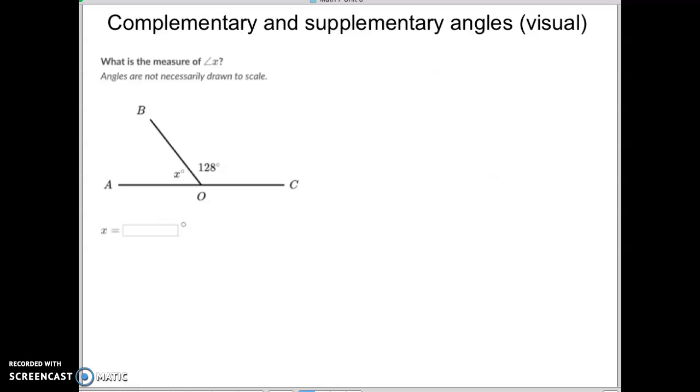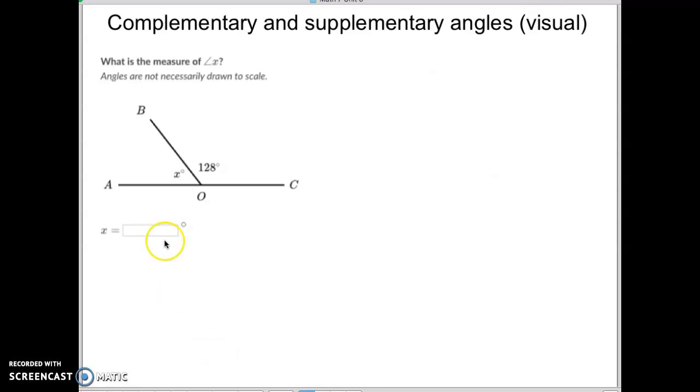If you remember last time, I had you take notes for like the first time in a long time to make sure that you knew that supplementary angles were two angles that added up to 180 degrees. Complementary angles were two angles that added up to 90 degrees. We also covered the vertical or opposite angles, where you had two equal angles on opposite ends of each other. So today we're going to actually be talking about using complementary and supplementary angles to solve problems,